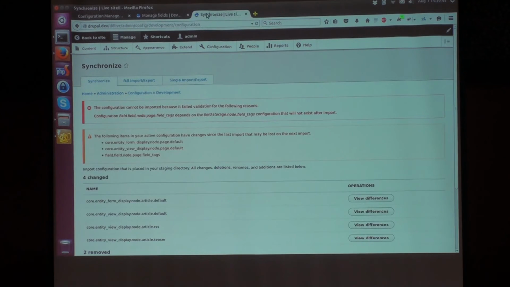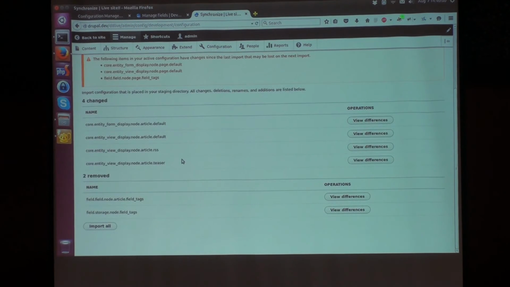In the other one, we added the same field to another content type, which just adds another field instance. And so there's a completely different set of configuration that is affected by this. Basically here you can see it. You can see the field storage here has been removed. And the other thing doesn't change because I already have the field storage, the field instance on the other one that doesn't get removed. Here, the one on the article also gets removed, but the one on the